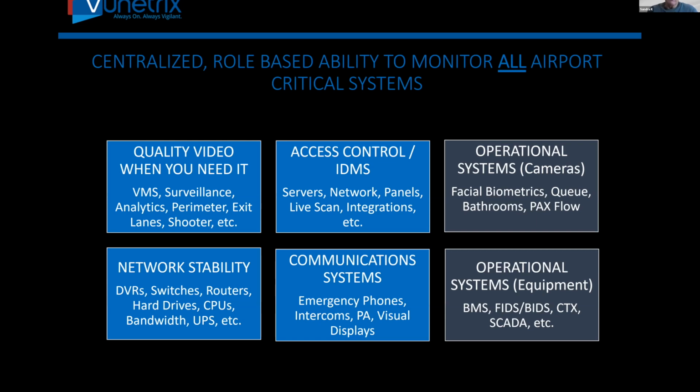And we have integrations to many of the common VMSs, and we're always building new VMS integrations. So we can pull data right from the edge device of the camera, all the components that sit between the camera and the VMS, all the way back to the server, including interrogating the VMS through its API to get all the data that you would get through the native system into our central system, and then combine that with things like access control, any identity management that you might have running at the airport, for credentialing of airport workers,